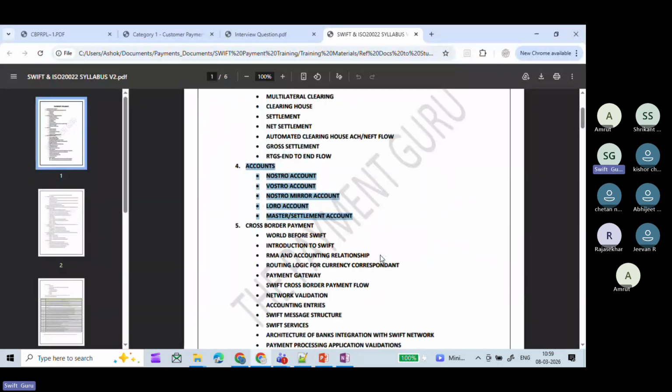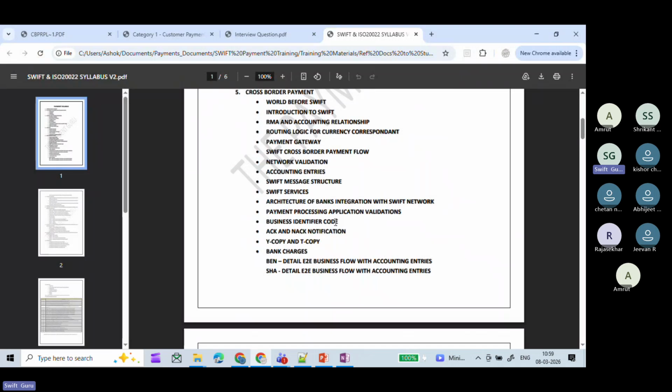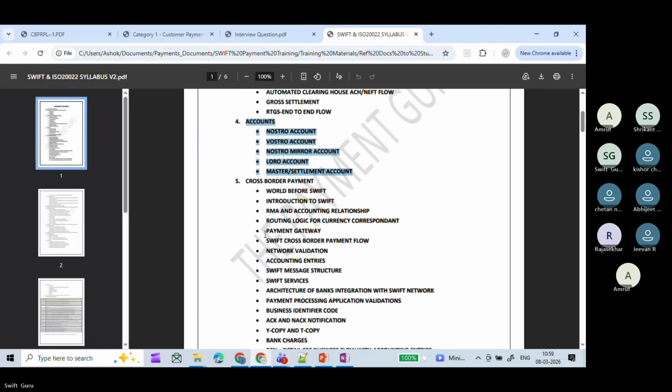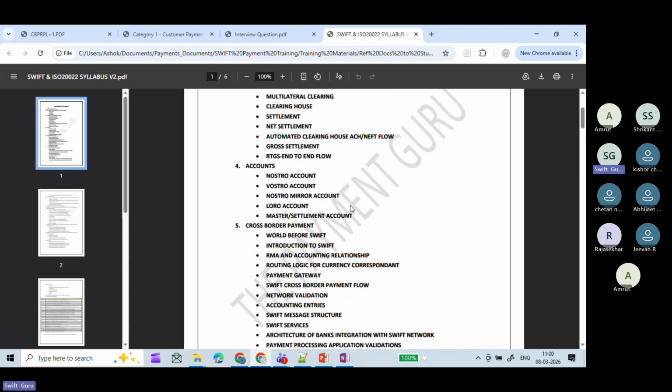Coming back to the syllabus part, the accounting terminologies will be covered, and then we have cross-border payment. Up till here, it will be all the basics which you will get to learn. From here, topic number 5 onwards is where you'll learn about the